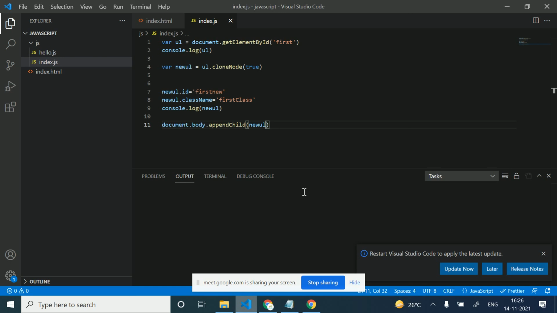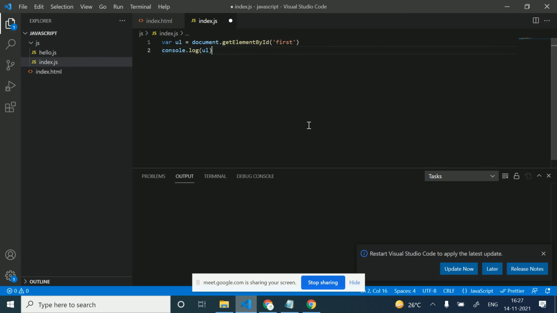So now, how can we replace some element? There is a replace child. I want to replace some child. I have already created this UL.